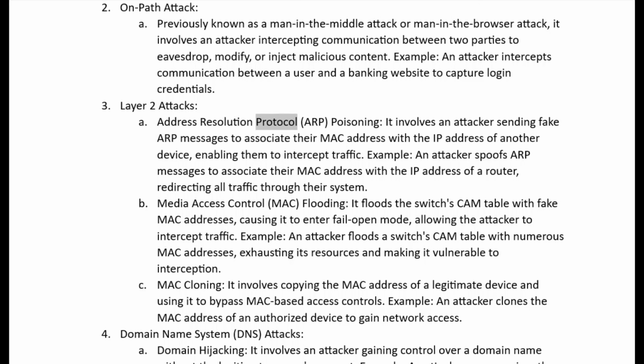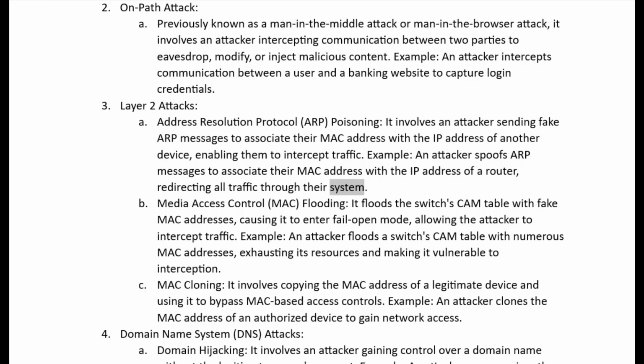Address Resolution Protocol (ARP) poisoning. It involves an attacker sending fake ARP messages to associate their MAC address with the IP address of another device, enabling them to intercept traffic. Example: an attacker spoofs ARP messages to associate their MAC address with the IP address of a router, redirecting all